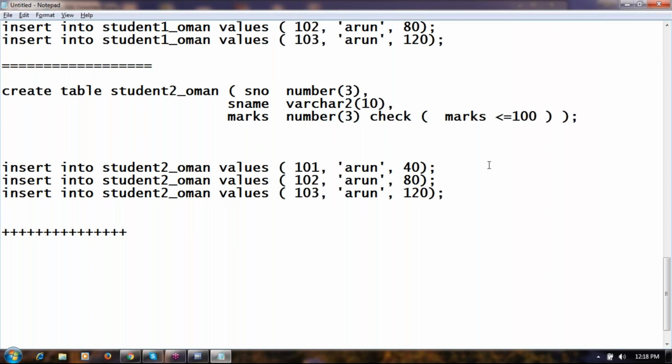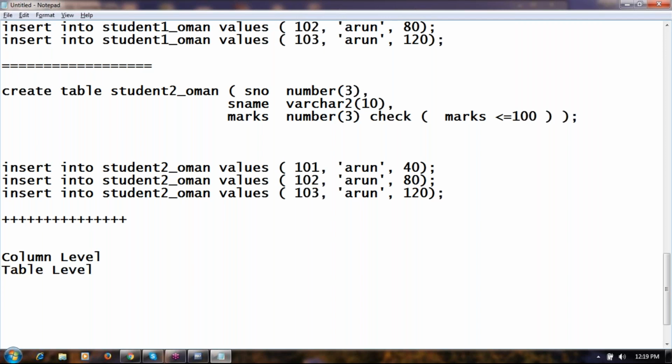And can this check go along with the primary key? I mean, with that combination? Yes, it can be done. For example, yesterday, I hope you remember, constraints can be created at 2 levels: column level and table level.